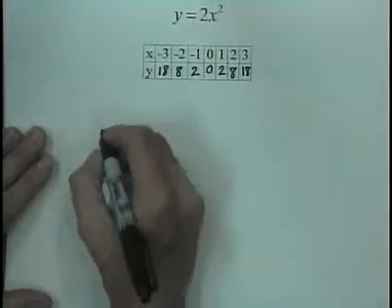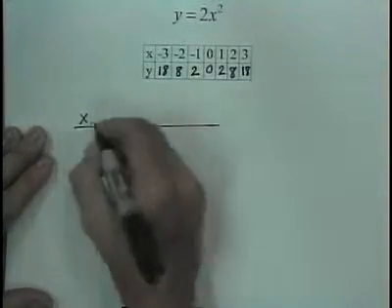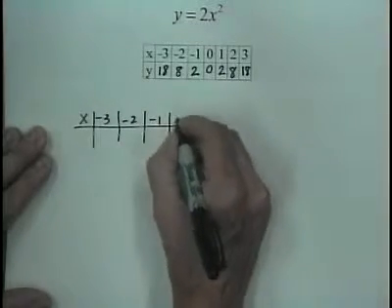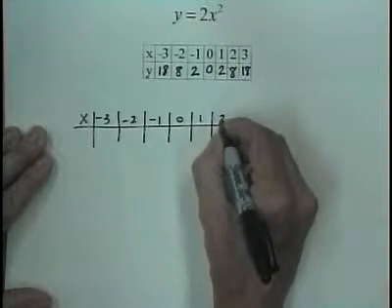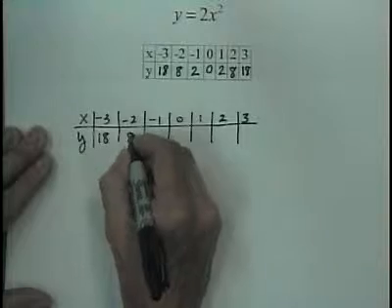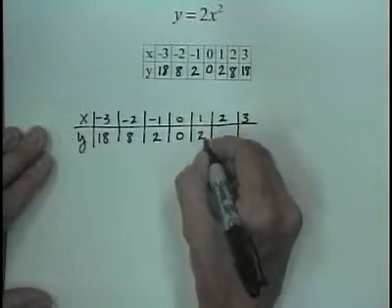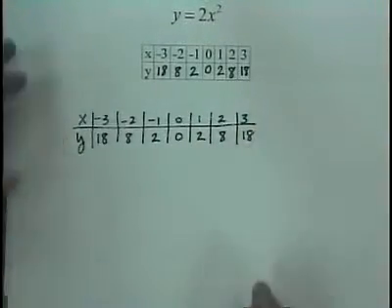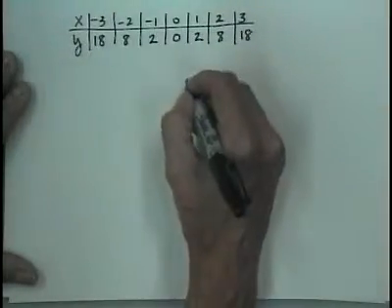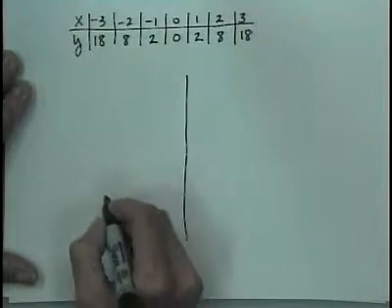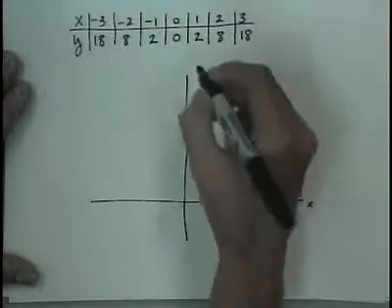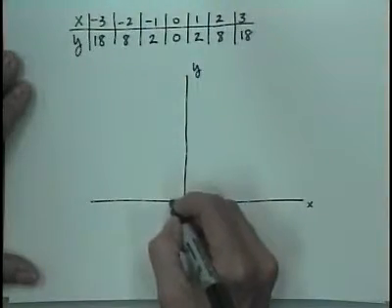We need x values of -3, -2, -1, 0, 1, 2, and 3, y values of 18, 8, 2, 0, 2, 8, and 18, and we're ready to come up with the graph. In a coordinate system, I'm going to plot the point. Here's my x-axis, here's my y-axis. -3,